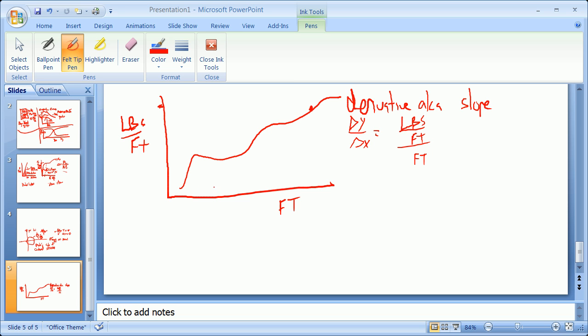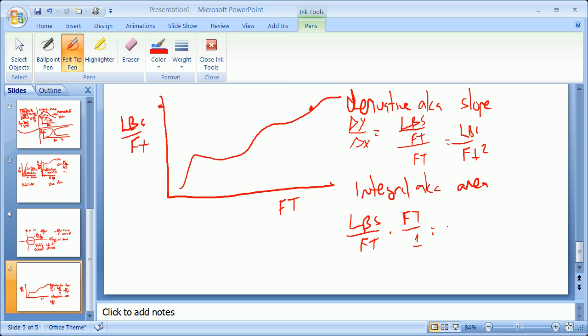And if you thought about that, that would be pounds per foot divided by feet, which would be pounds per foot squared. But the integral, which would be the area, will have units of pounds per foot times feet over 1, or units of pounds. So grasping the concepts of value of the function,